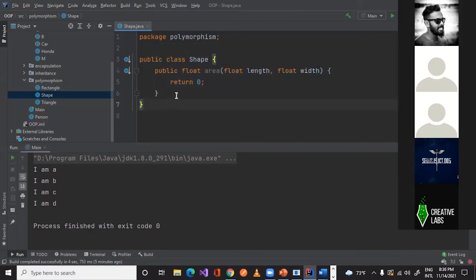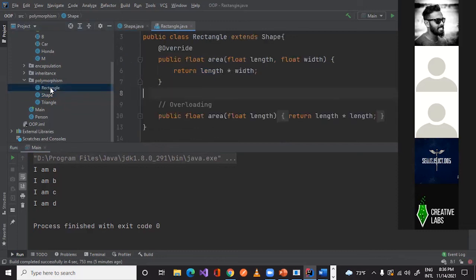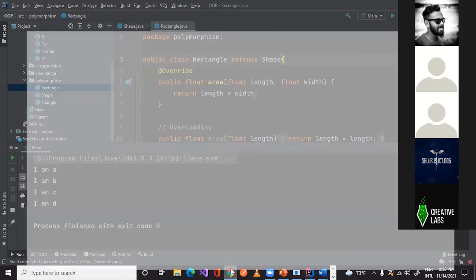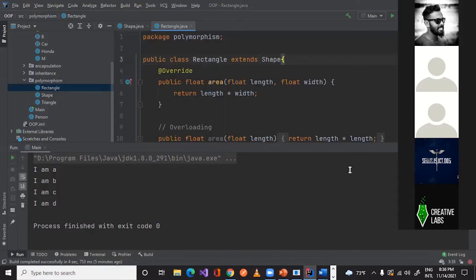There's only one function, which is area. I'm returning 0, just 0. Are you clear about this one? Yes. So I have another class called rectangle, right? Where I am extending the shape. Now what happens?